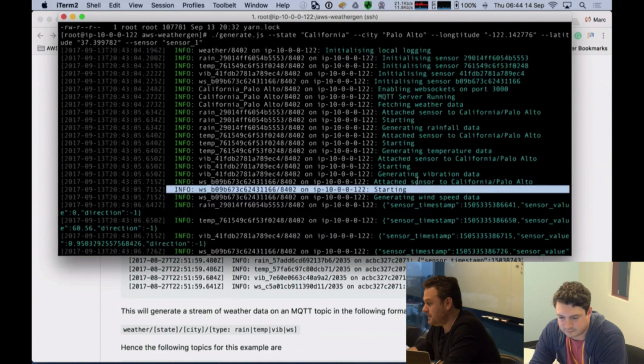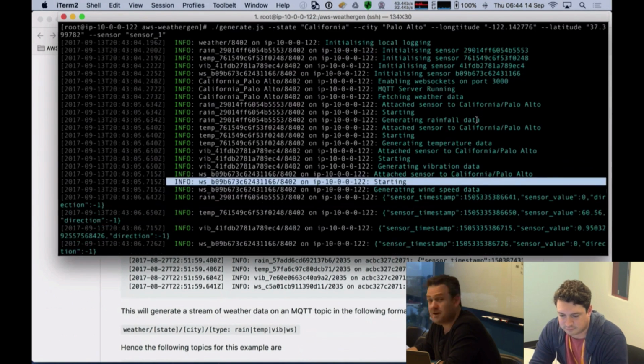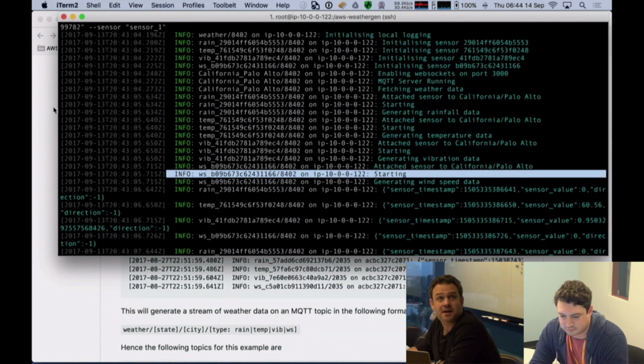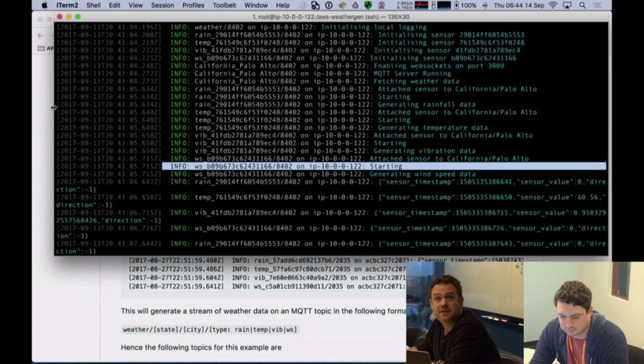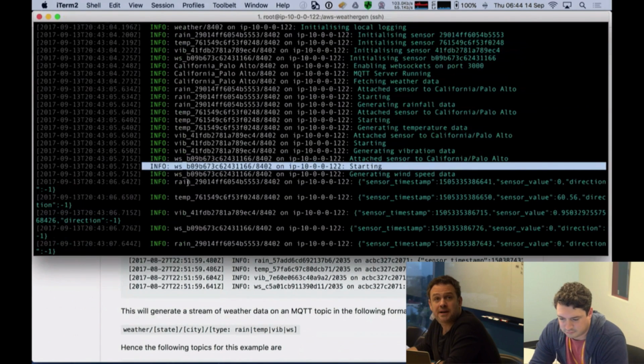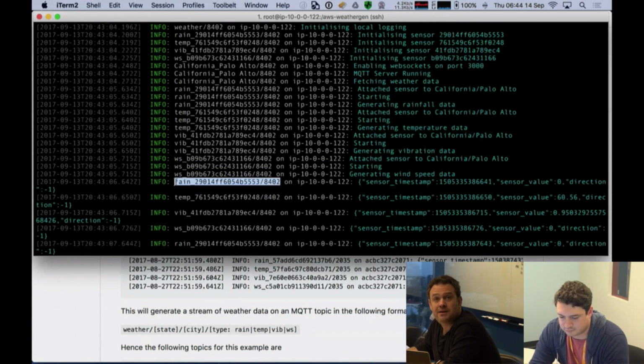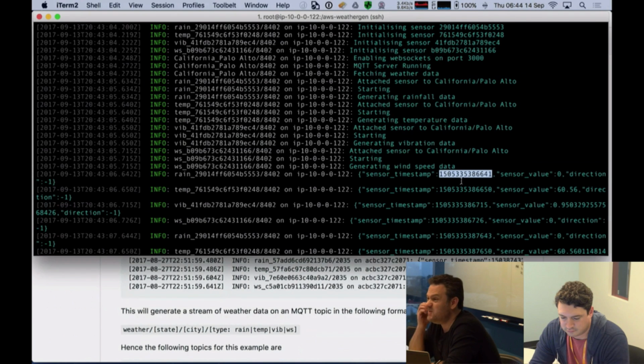If you have a look at the data that's being generated here on the command line, and I'm sorry it's breaking across lines, but if I go any smaller, people might have trouble seeing. For the rain sensor, we generate a sensor timestamp, and that's an epoch timestamp, so what's that, January 1, 1970.